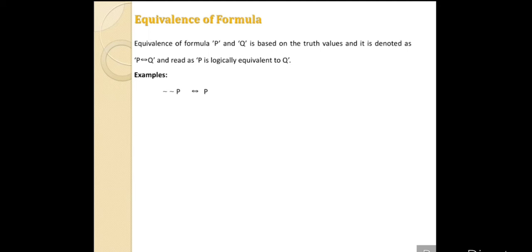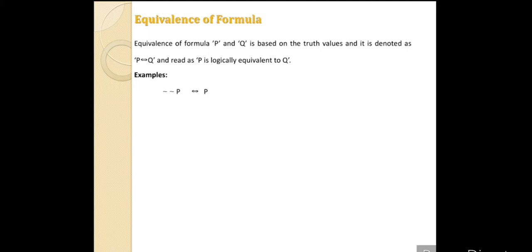Just like in mathematics, we use the equal to sign to show the equality of any two values, like 2 is equal to 2, 7 is equal to 7. Same here, we are using the symbol with the two side arrows and two lines to show the logical equivalence. In the definition of the equivalence of two formulas, it is not necessary to assume that they both contain the same values. Here, the logical equivalence is derived from the double implies.